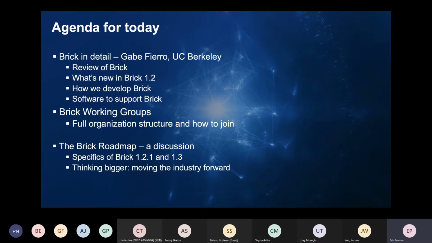Then I'll pick it back up and talk about the working groups and the structure of the organization, and then we'll turn it over to the Brick roadmap, which we hope will be more of a discussion. We'd love to hear from you about what you want to see in Brick, what you're looking to support in Brick, and where we see Brick going and how we move the industry forward. And so with that, I'm going to stop sharing my screen and turn it over to Gabe. All right.